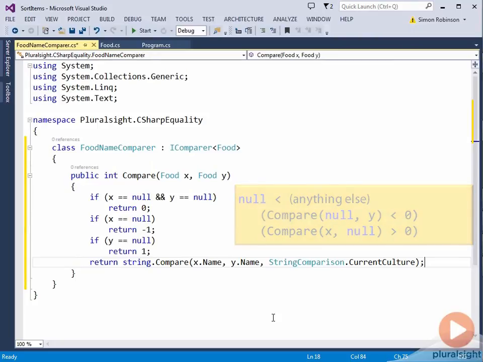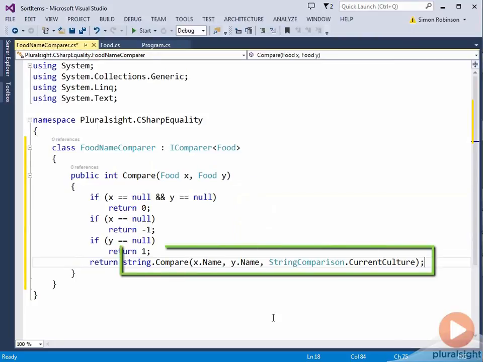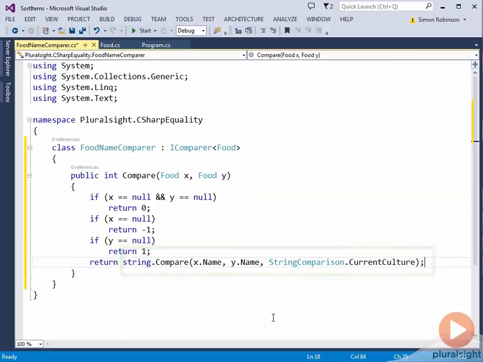Notice specifically this call to string.Compare. I've not gone for the IComparable of T interface method, which I know string implements. Rather, I've gone for the static method that I used in the previous module. That means I can explicitly state how I want the comparison to be done, which I think makes the code clearer. I've decided here that Food Name Comparer will do the comparison using the current culture and paying attention to